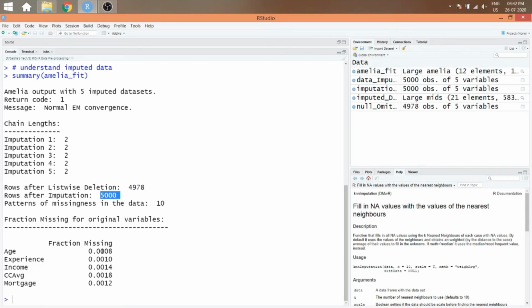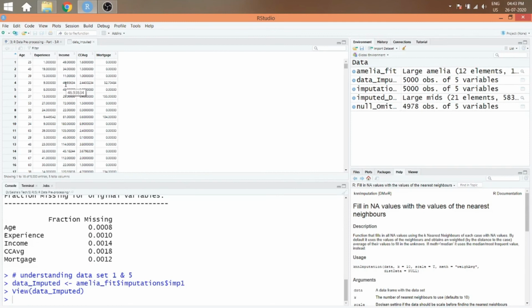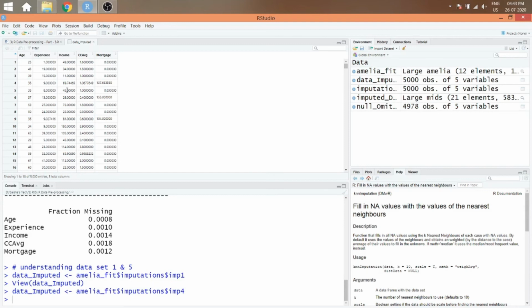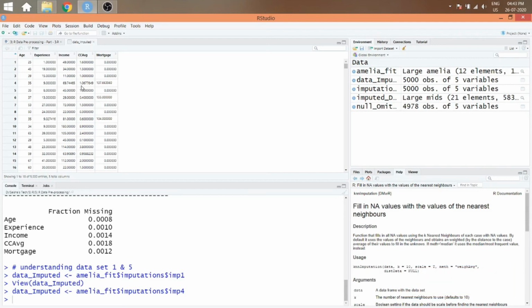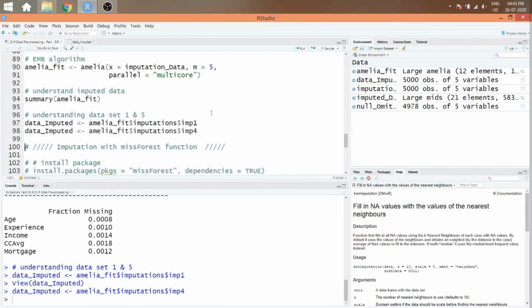The fraction of the missing data ranges from 0.08% to 0.12% for age, experience, income, CC average and mortgage. We can observe 46.93, 2.44 and 52.70 have been imputed in dataset 1 for income, CC average and mortgage. Similarly, for dataset 4, we can observe 69.74, 1.07 and 137.66 values have been imputed for income, CC average and mortgage. This is how the imputation technique of Amelia works.